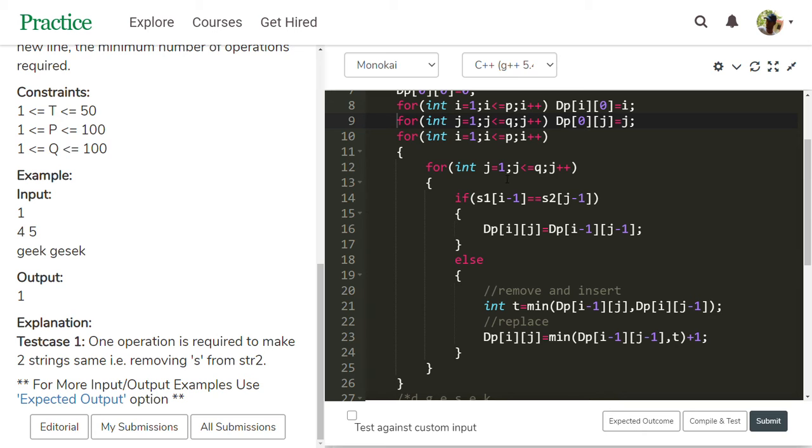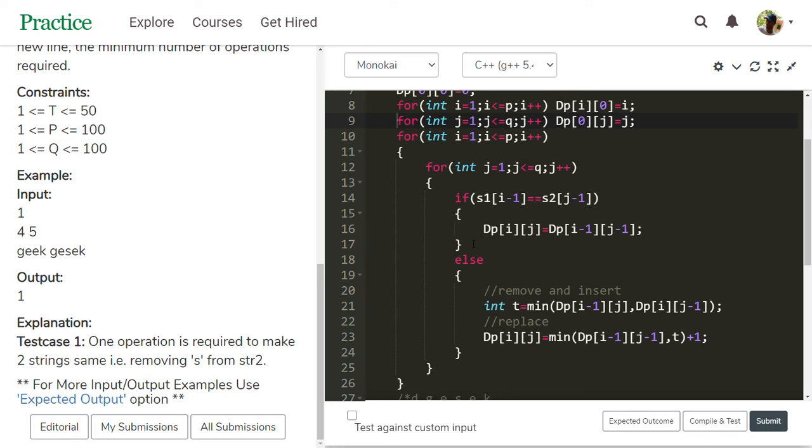See this, it starts from 1 onwards: i equal to 1, i less than or equal to p for str1. Then the for loop for str2, j equal to 1, j less than or equal to q.